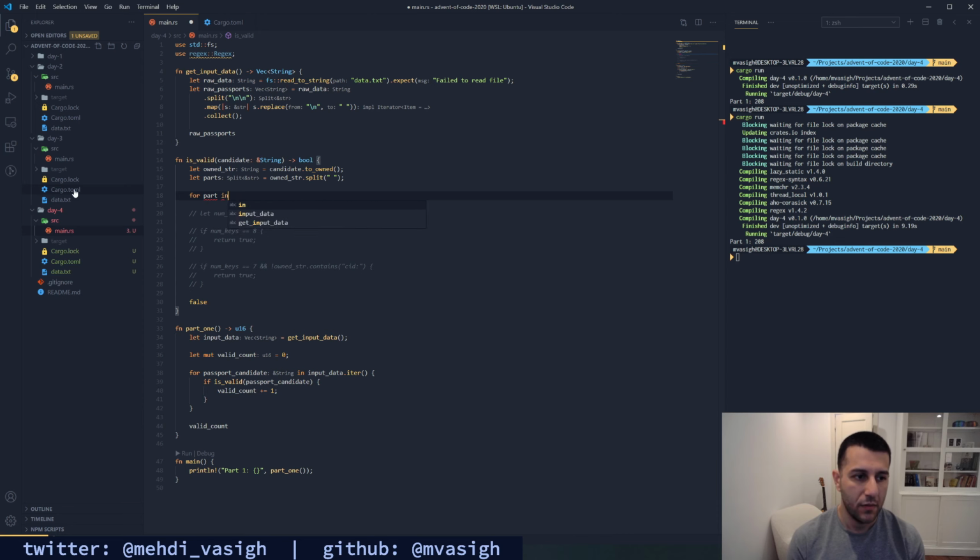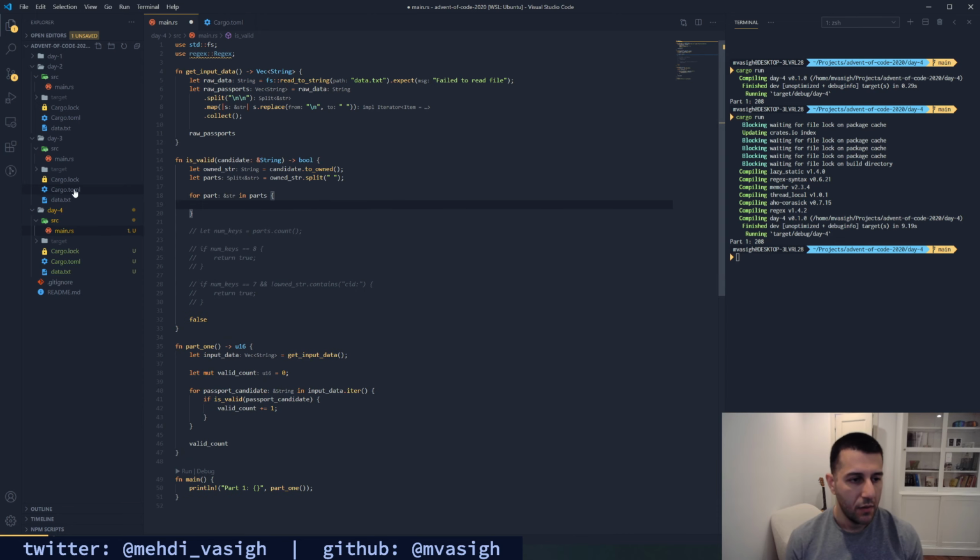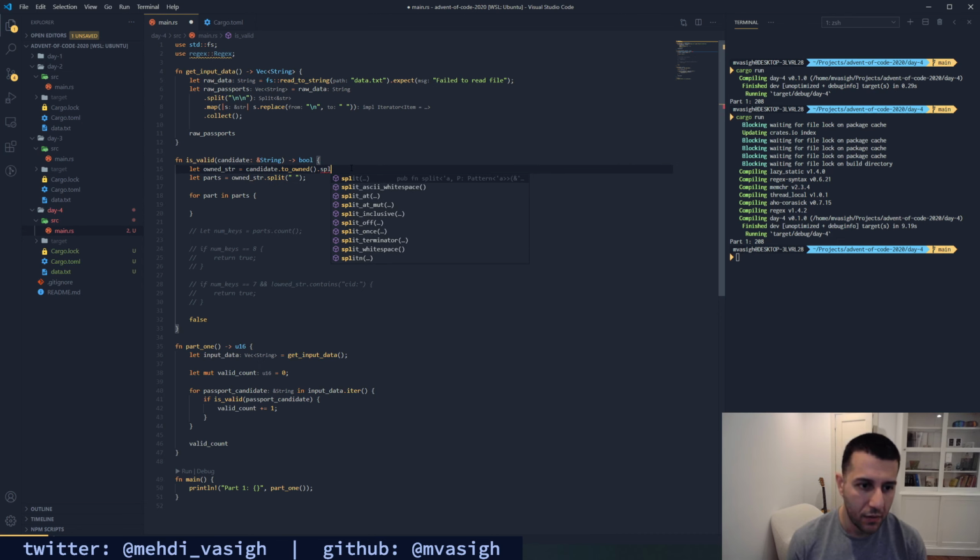Okay, now this is going to give us an ampersand str, which is a slice, I learned. That's a way to refer to this type, and this string type are two very different things.